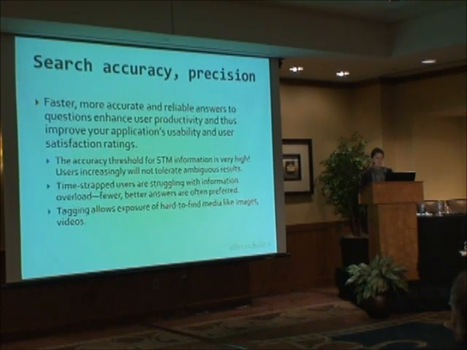So, search is something we often hear when we start to talk to people about why they might be interested in semantic enrichment, semantic tagging, and search often comes up at the top of the list. Better search makes users more productive, which makes your application more useful to them. Tagging also allows people to find hard-to-find media, like images and videos, and these are not text-based, so when people